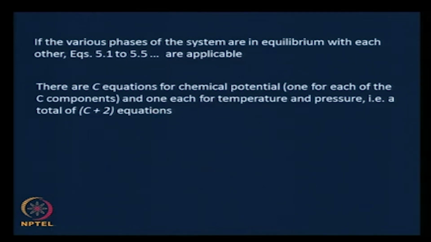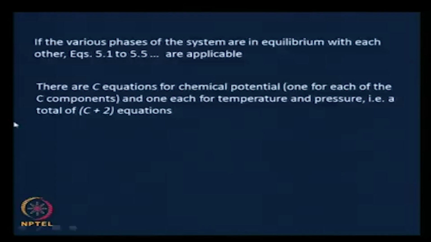We wrote mu1 alpha equals mu1 beta equals mu1 gamma, then mu2 alpha equals mu2 beta equals mu2 gamma and so on, mu3 alpha equals mu3 beta and so on. So, you have C such equations if you have C components. Therefore, we have C equations for chemical potential, one for each of the C components, and one each for the temperature and pressure: T alpha equals T beta equals T gamma, P alpha equals P beta equals P gamma, and therefore